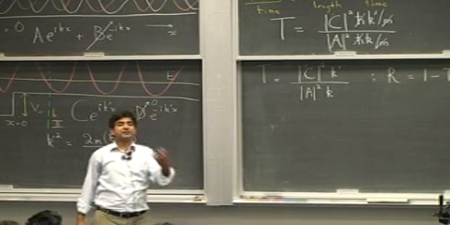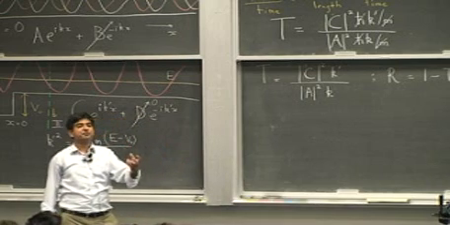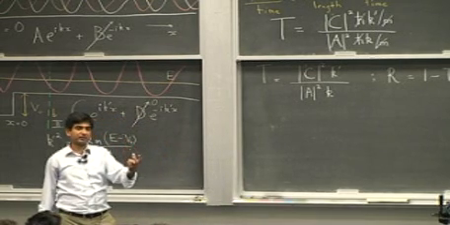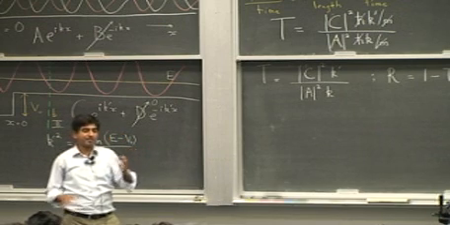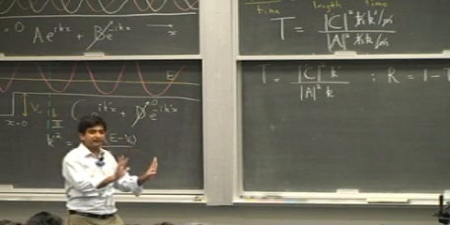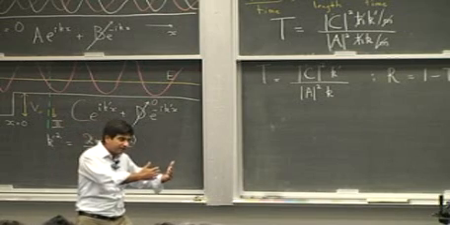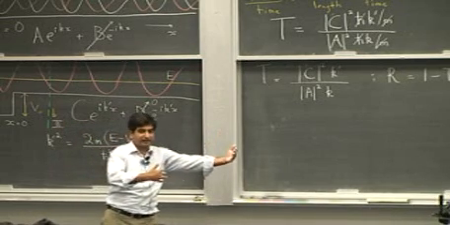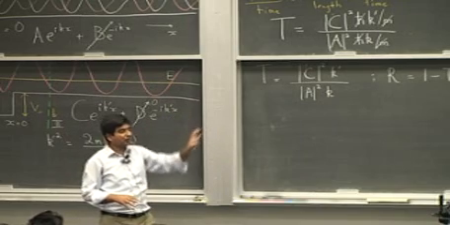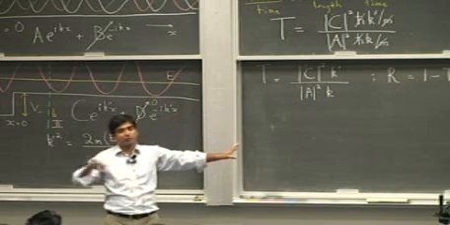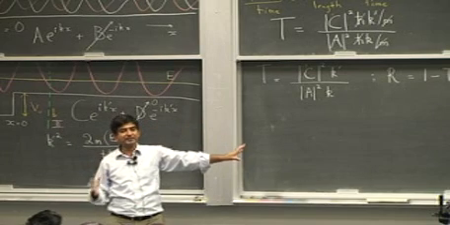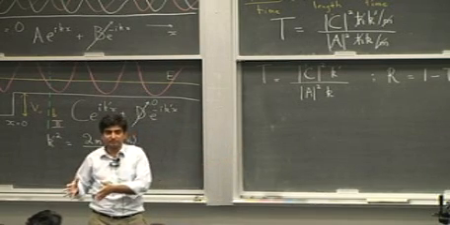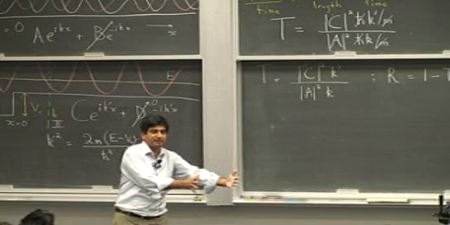So we define transmissivity or the transmission coefficient. Please stop talking. We define the transmission probability as follows: you have an incident wave. What's the probability that that wave propagates ahead? So you look at what goes into region 2 and you compare it with what is incident. So what is incident is the A term, and what goes ahead is the C term.